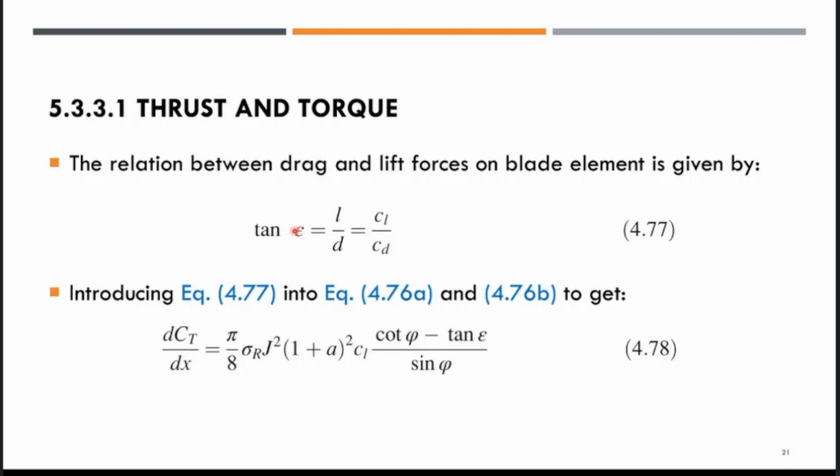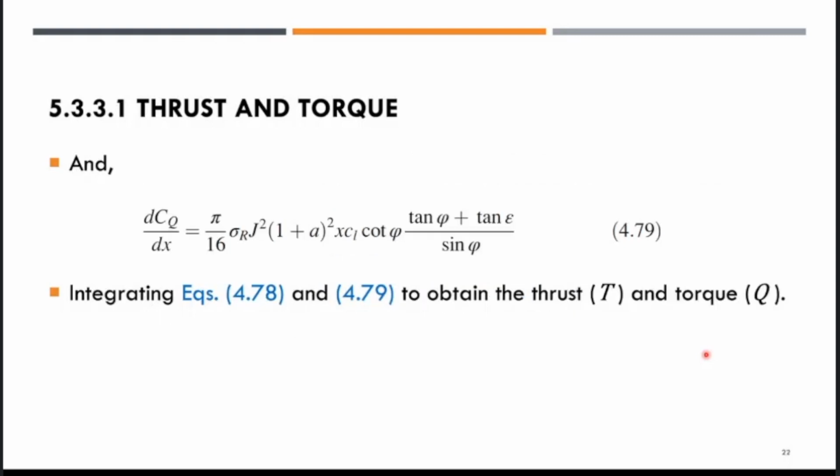We call this the eta, L over D, or CL over CD, the coefficient of lift over the coefficient of drag. And introducing equation 477 into 476A and 476B, you get expression 478. And this is how it is being derived, okay? And also 479. And by integrating equations 478 and 479 to obtain the thrust and the torque, which is Q, the coefficient of torque over there,